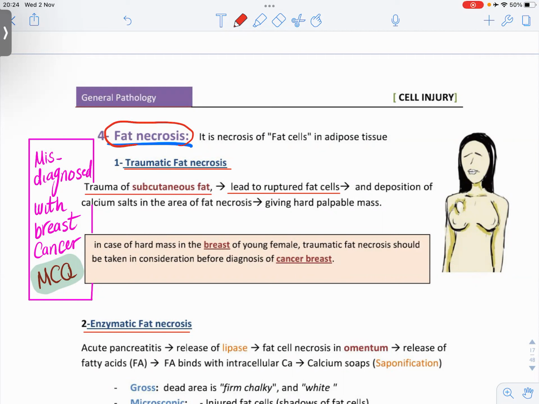And we said last time that calcium can bind with fatty acids and make a process called saponification. Saponification means formation of hard yellow deposits. When your calcium binds with fatty acids from ruptured fat cells, it will form